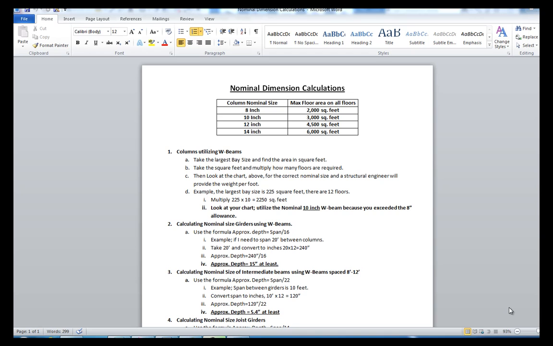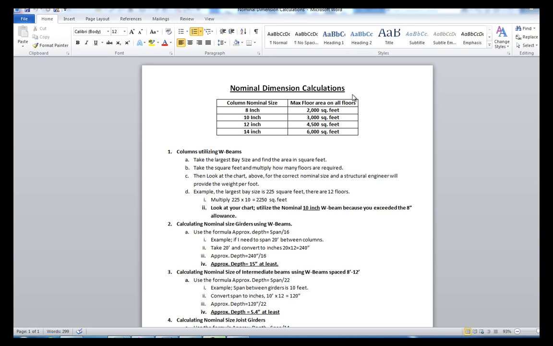That would be like W14 by 62. Well, the W14 is what we're looking for, the nominal size. Now, the second number, if you remember, is going to be how many pounds per foot it is, and that will come from your structural engineer about what type of strength that certain beam or column needs to have. Okay, so we're going to get started, and I want you to open up your nominal dimension calculations,